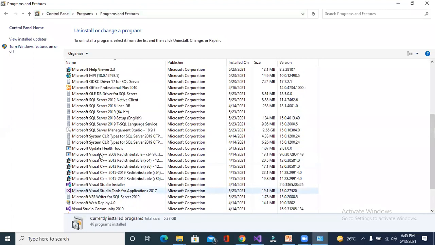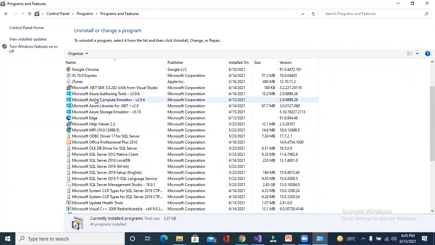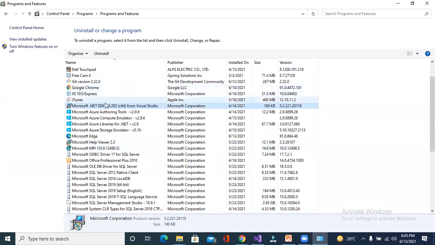Here in my case, I have installed Visual Studio, right? By default, the .NET Framework is already installed. Here you can see, right? All are able to see my PC? Yes, sir. Whenever you install Visual Studio, by default the .NET Framework will be installed on your PC.